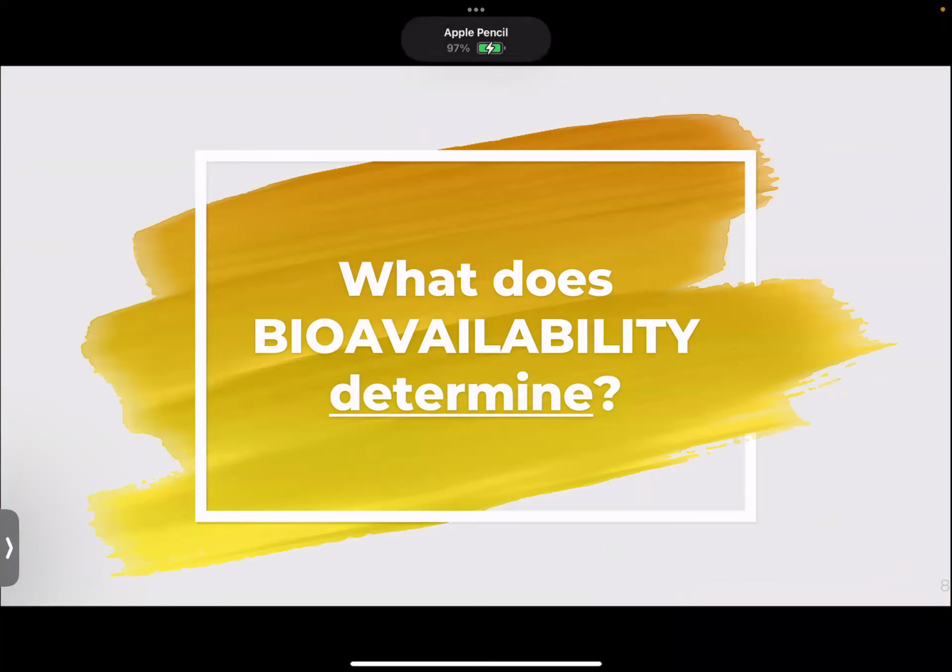What does bioavailability determine? Why do we care about bioavailability? Does it affect CSS average? Yeah, we care because it's one of the determinants of CSS average, right? Can everybody get on board with that? It's also going to change your area under the curve,